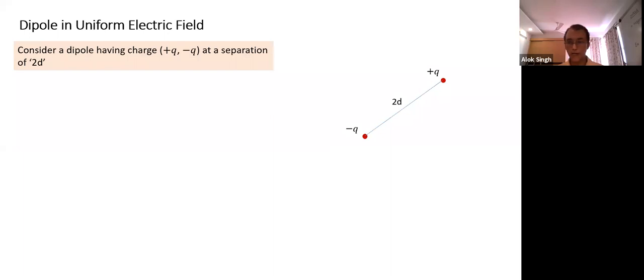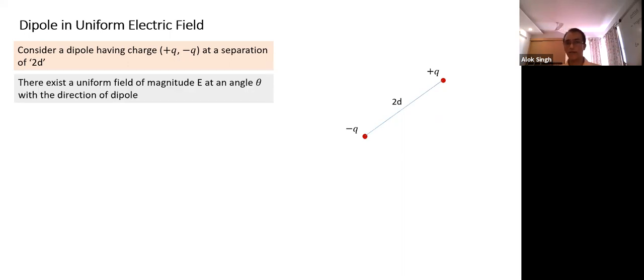So I'll do this very quickly. You can just think of it. There's a dipole here, plus Q charge and minus Q charge. A dipole need not be at the atomic level. We can create a dipole. Suppose we take a neutral rod and attach a positive charge at one end and a negative charge at the other end, it will act like a dipole. So just say it's a dipole.